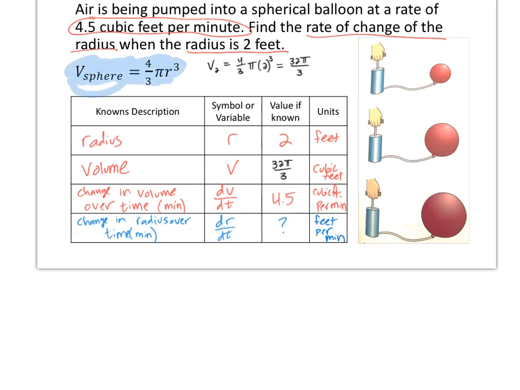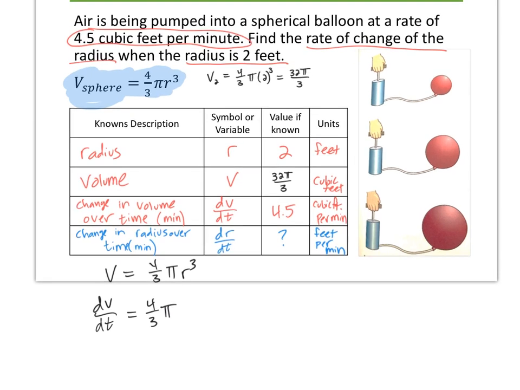The subscript "sphere" is just an indicator for me to know that this is the volume of a sphere versus a circle or something else. So if V equals 4/3 pi r cubed, my step is to take the derivative with respect to time. So dV/dt is the derivative of V with respect to time. 4/3 pi are just constants. Those are just numbers. And then the derivative of r cubed with respect to time is 3r squared times